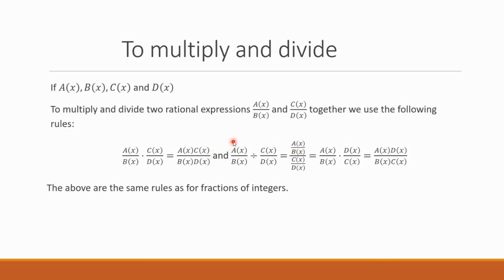Here also, I should say that we're implicitly assuming that x is such that the denominators are not 0. So we're working in the domain, in other words. So b of x is not 0, d of x is not 0, and because of this, c of x is also not 0. So theoretically, the only thing that could be 0 is